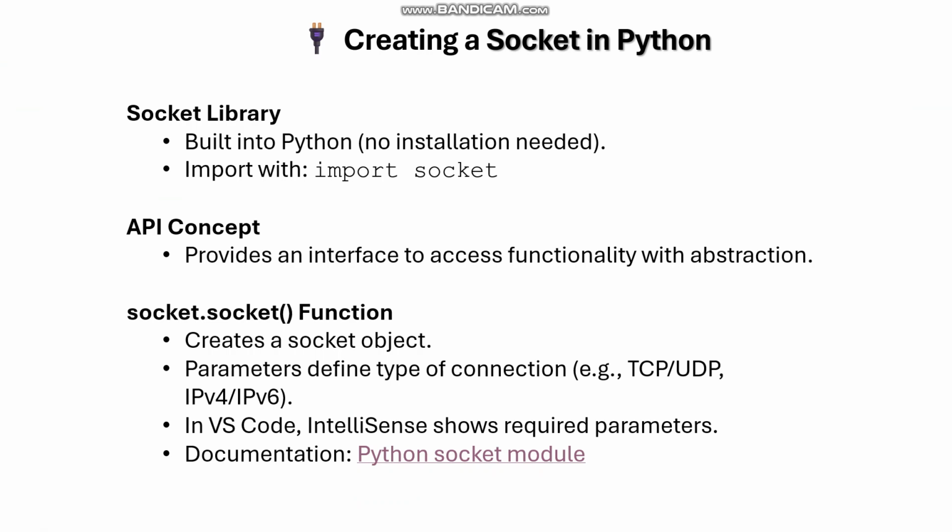So like I said, the socket function creates a socket object. And I said in Python, all functions are called objects. So we also define the parameters of communication. What is the mode of communication we're going to use? Is it TCP or UDP? If that is it, then what internet protocol version are we going to